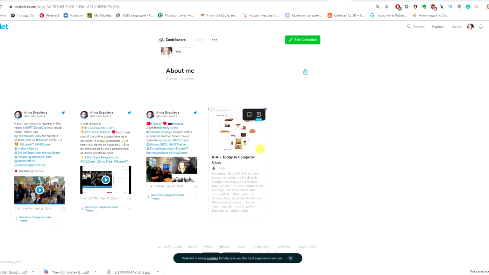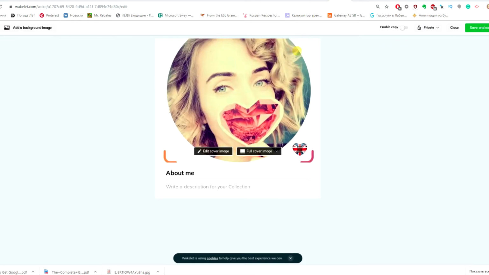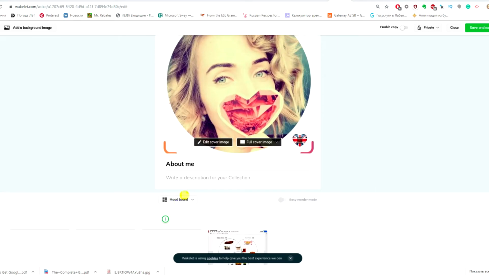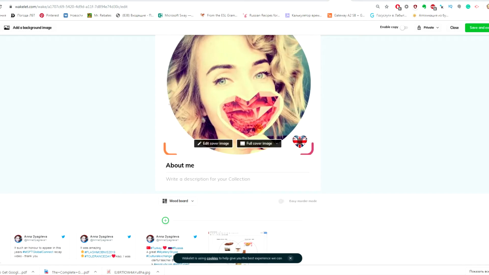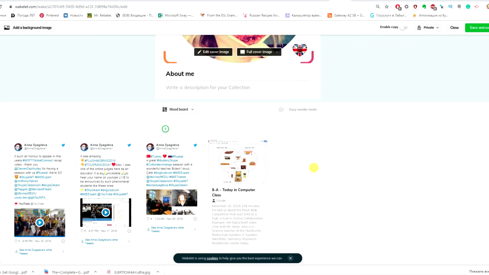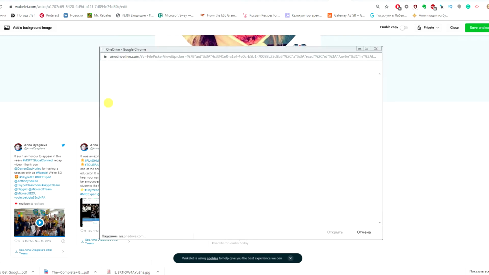First, you need to go to any kind of collection that you have and press the Edit Collection button. After that, we are going to see a new option when you press the add new bookmark button. It's a green cross over there. So you just press it and you may see the new feature is here. It's OneDrive. Press it and after that you may add any kind of document or file